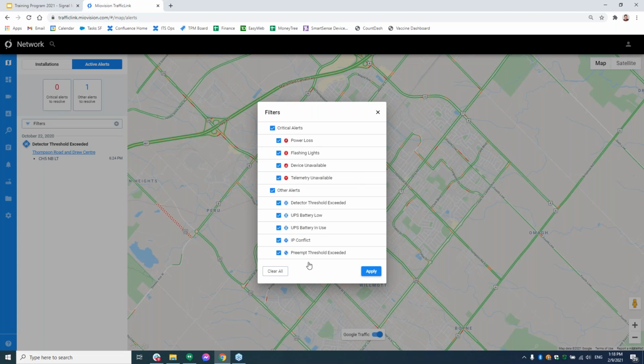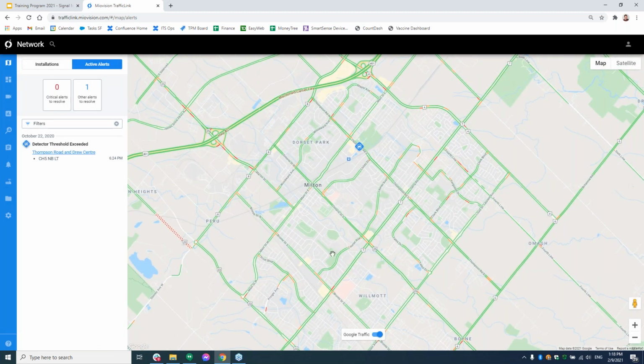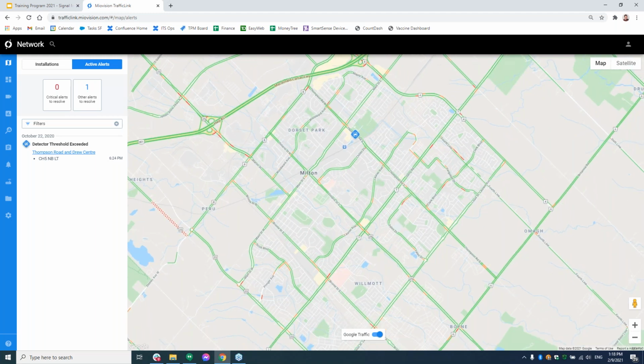And so having visibility into what are my detectors doing, are my preemptions working, are my batteries on, and is my network having problems, all available through these alerts, and you can easily see them on a map now about where are the problems and how do I dispatch a technician to go and solve those problems. So it gives you a little bit more handy control, a little bit more visibility into it, and you can see them more on a map.